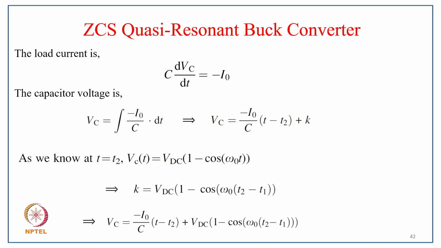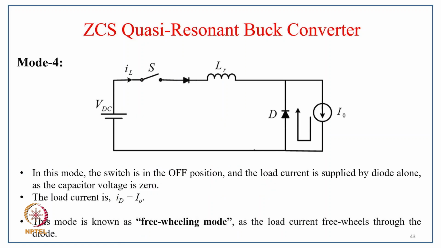So the load current is C dVc/dt equal to minus I0, and the capacitor voltage is Vc equal to integral of I0/C dt, or Vc equal to minus I0/C in bracket (t minus t2) plus K. At t equal to t2, Vc equal to VDC in bracket (1 minus cos omega0 t), or K equal to VDC in bracket (1 minus cos omega(t2 minus t1)), and Vc is equal to minus I0/C in bracket (t minus t2) plus VDC in bracket (1 minus cos omega0(t2 minus t1)). Coming to mode 4, when the switch is off,